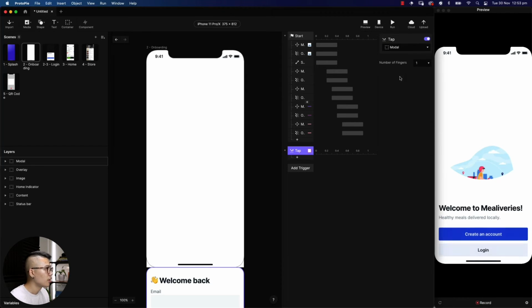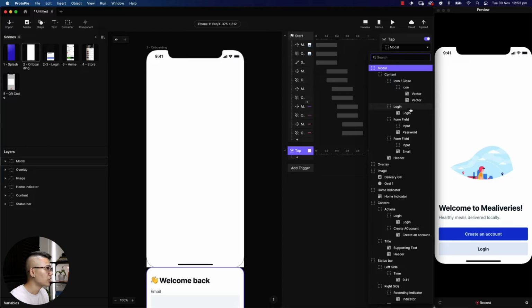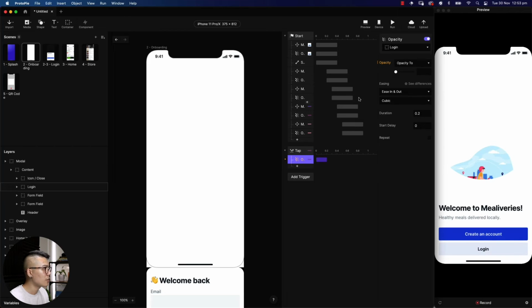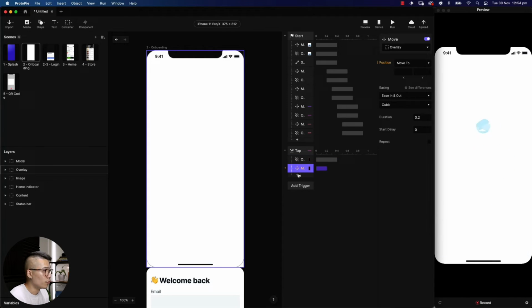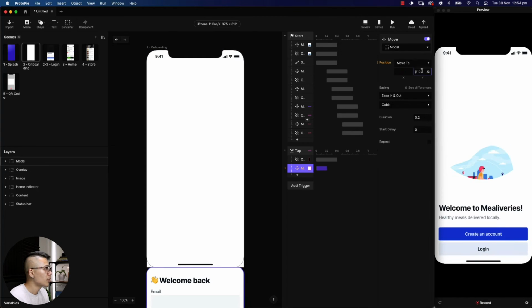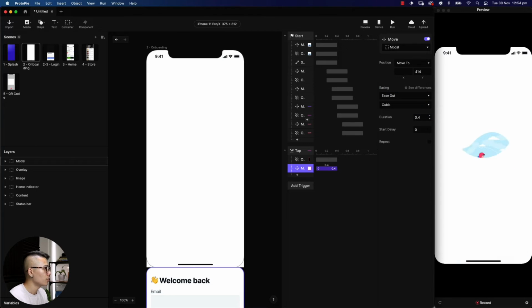So on tap of the actual button, which is login inside the modal, we want to turn on the opacity. Selecting opacity, I'm going to select the overlay and change that to 100%. Then I'm going to change the easing to ease out, and we can maybe make this 0.4 of a second. After that, I'm going to hit the plus, and then select the modal. Where's the modal? And we're going to go 414. I believe it was 414. So if we change the easing to ease out and duration to 0.4, now when I